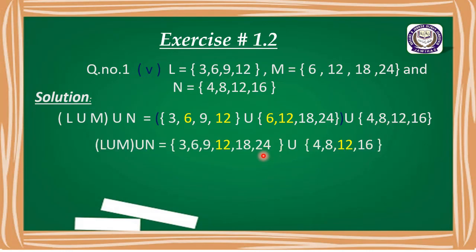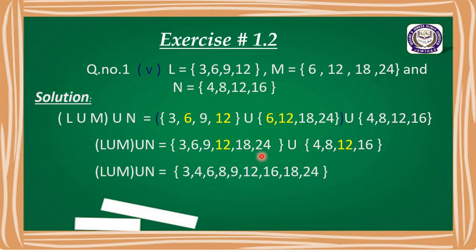And when we take the union of L and set M, we get the answer 3, 6, 9, 12, 18 and 24. And when we get the answer of L union M, we will take the union of that set with N. Here N is a set which consists of the elements 4, 8, 12 and 16. Now we will take the union of both the sets. We get the resultant set 3, 4, 6, 8, 9, 12, 16, 18 and 24, and that is our required